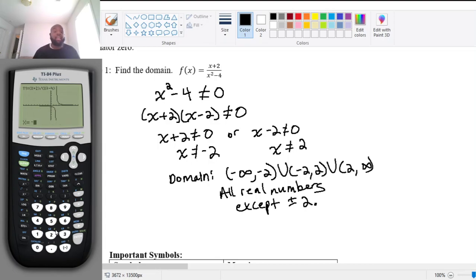But if I plug in negative 2 or positive 2, my function is undefined. There are two things that may happen at places where my denominator equals 0, right? One thing is that my graph is just going to skip over it, or there's going to be what we call a hole in the graph, or we're going to have a vertical line that our function approaches on either side of positive 2, or that number that